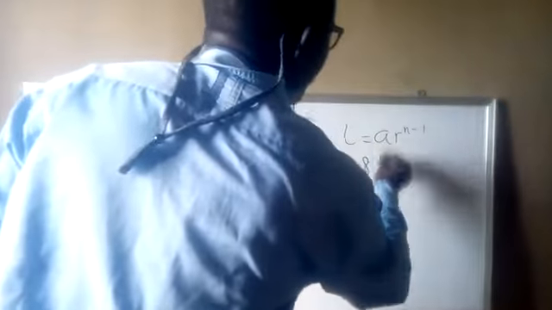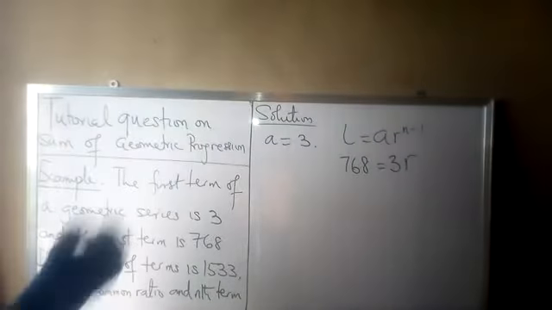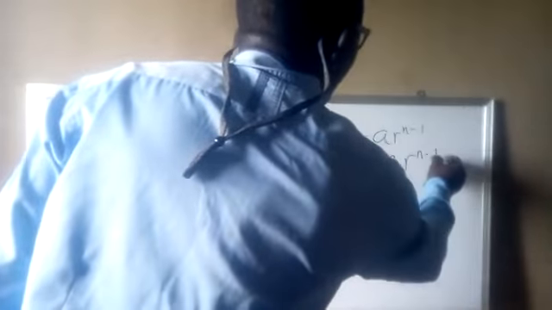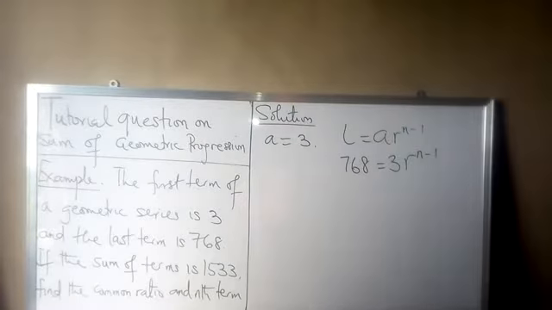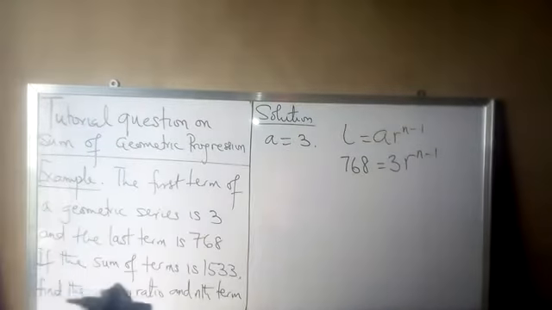a, which is 3. Then r, we don't know. n, we don't know. Raised to power n minus 1. So in this case, we can form an equation. We can divide through by 3. So dividing through by 3, we are going to have